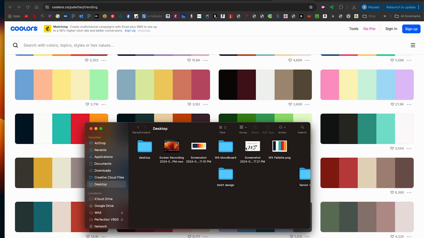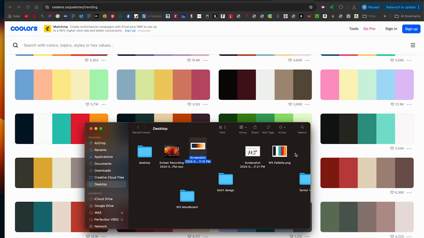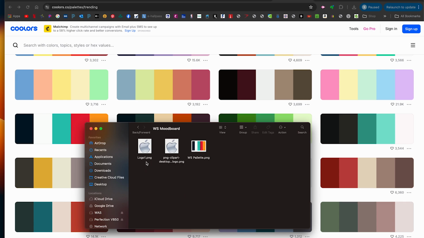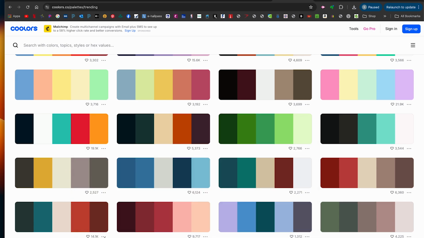Now I do have, here's my mood board right here, WS mood board. I could take that screenshot and, I could take that palette and move it onto my mood board. So now when I open up my mood board, there's the logo I was saving, and there's my palette. And you just keep saving it. You keep going through your palettes, click,